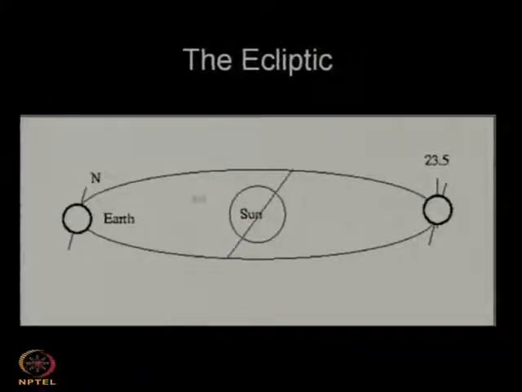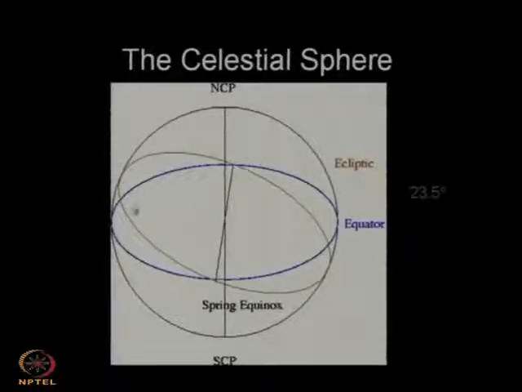Then after summer we have autumn. In autumn the sun is exactly perpendicular to the rotation axis, so it is in the equatorial plane. So the sun has moved down towards the equator, and exactly in the middle of autumn it exactly intersects the equatorial plane,